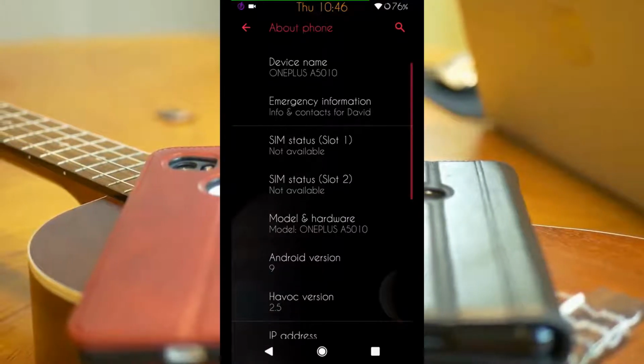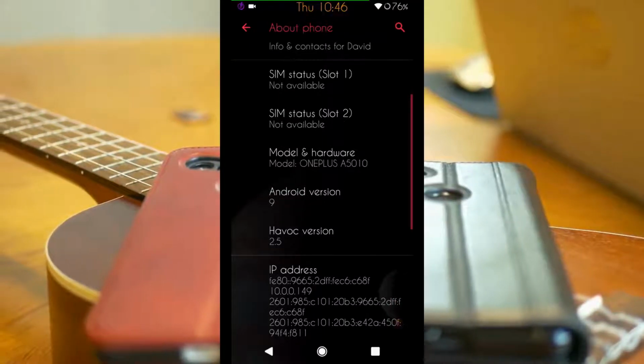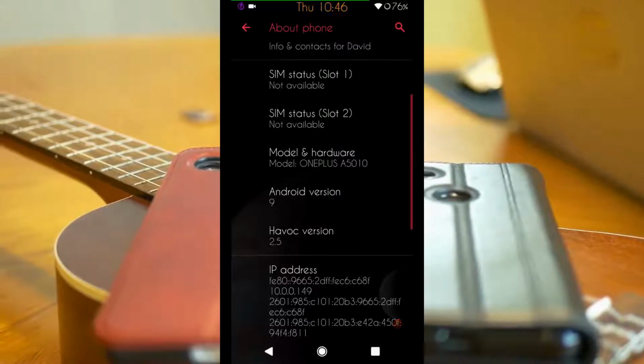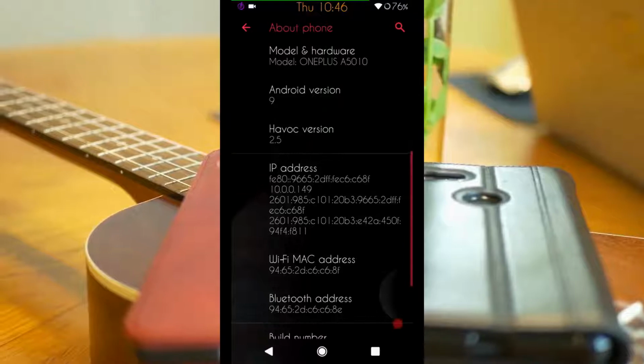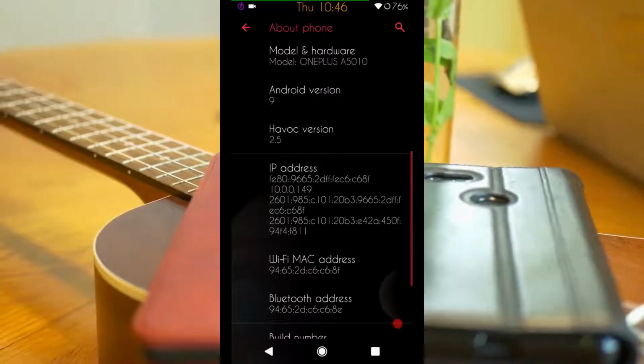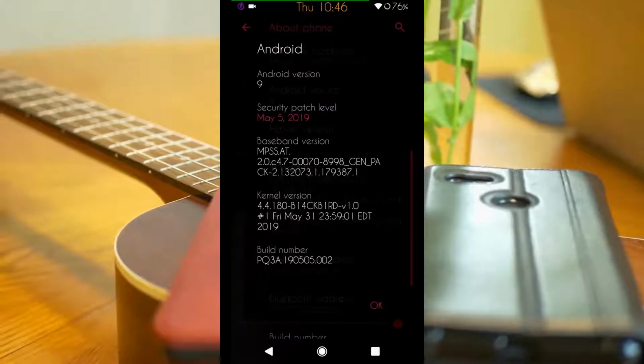It does come with two SIM slots, and I've tried my SIM on both slots. It works on both slots. I get 3G. That's the way it interacts with Verizon. And it does work. I get 3G. We're going to go ahead and click on that, and it brings up